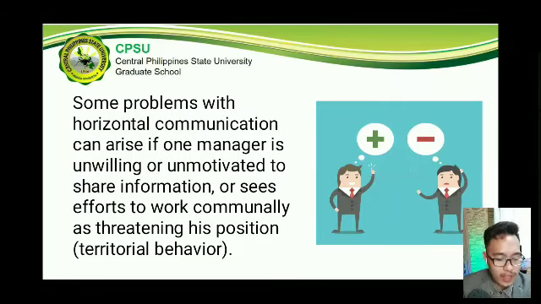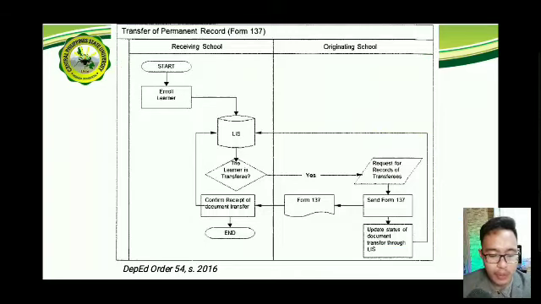So a specific example of this communication is DepEd Order number 54, series of 2016, which discusses the transfer of learners. The diagram shows the communication flow between the receiving school and the originating school. Actually, this is applicable to kindergarten up to grade 12 under the Department of Education, as well as